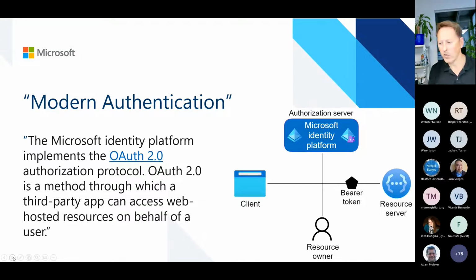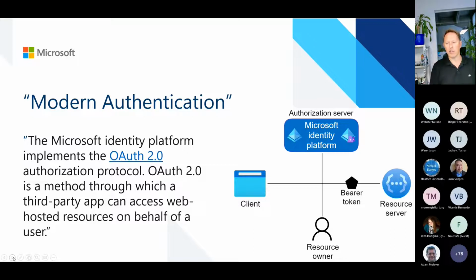Exactly. So this is just a very small, bird's eye view of what modern authentication is. Well, it's a specific authorization protocol, and the process is that I have an application that is registered in Azure Active Directory. That's the Microsoft Identity Platform, and I need to authenticate as a user, as a device, or as an application. And as we know, a user usually needs to have multi-factor configured and so on. So there are some things which we need to solve to automate processes.